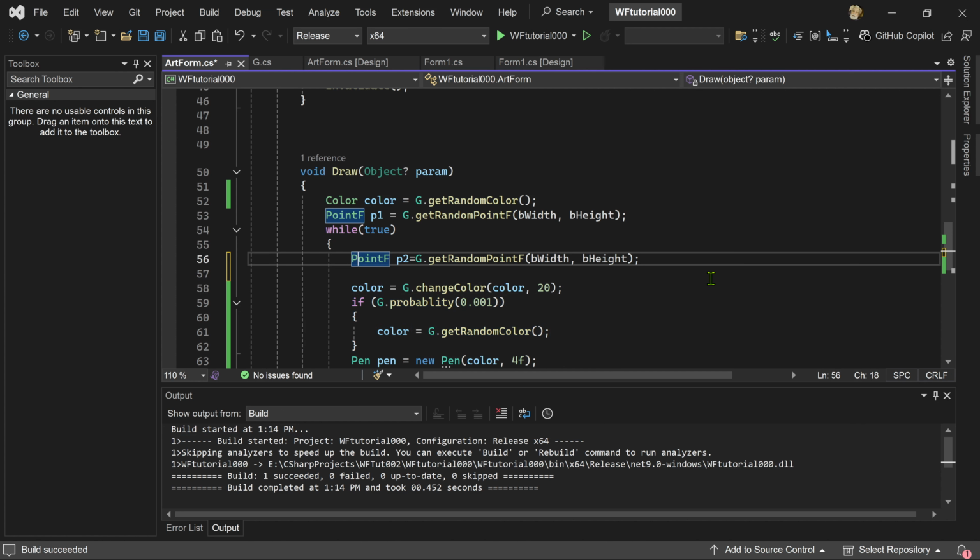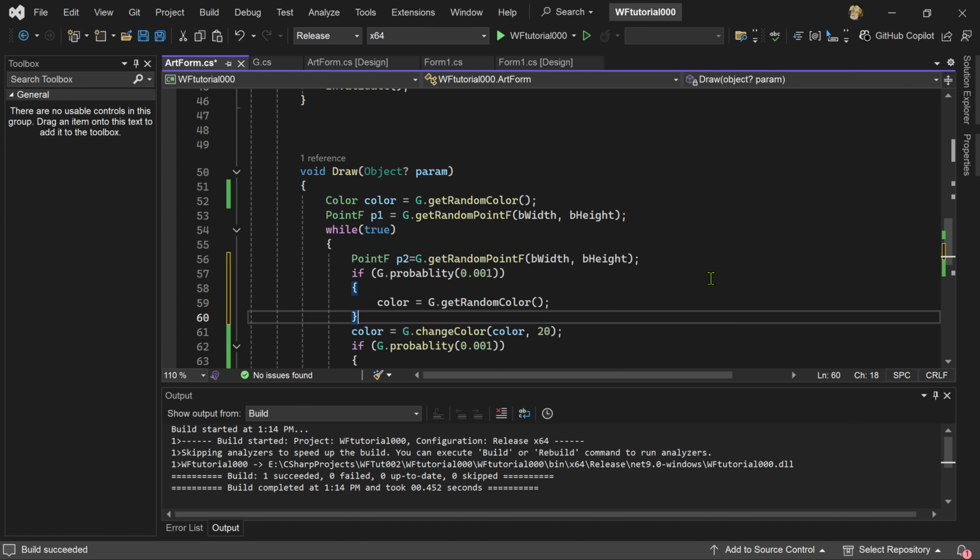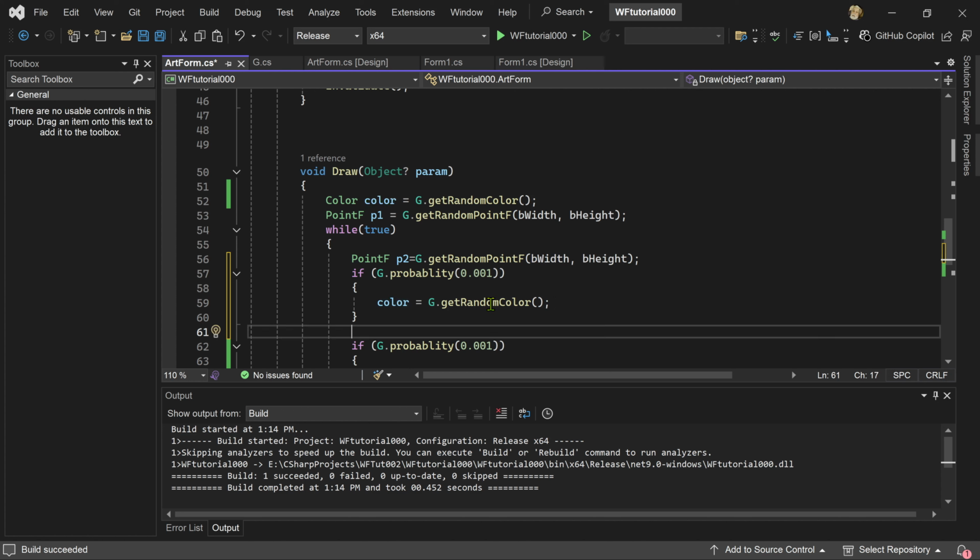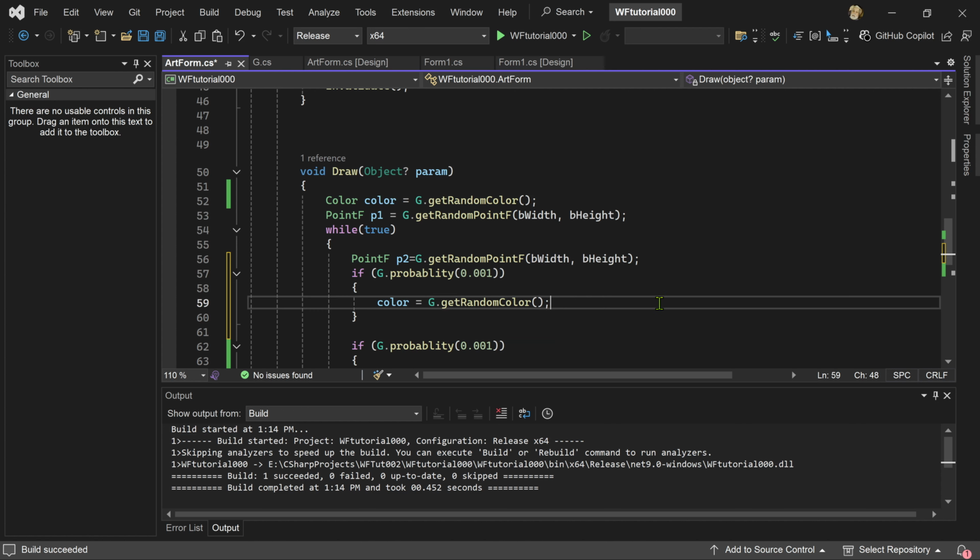And what we will do is we will say every 100 lines the color will change just a little bit. Let's do Control X